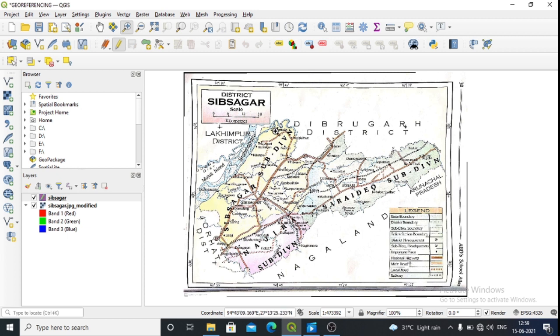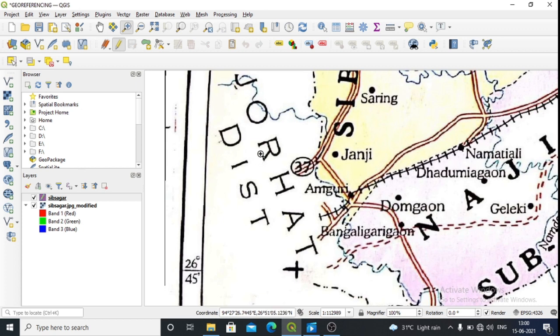Whenever you are polygonizing, always keep in mind that you are polygonizing the correct area. Okay, so while you are doing, because you will be zooming all this area, make sure that you are polygonizing the correct area. Okay, so first we'll be polygonizing this particular area, then this area, then this area. So I will zoom the point from where this area starts.